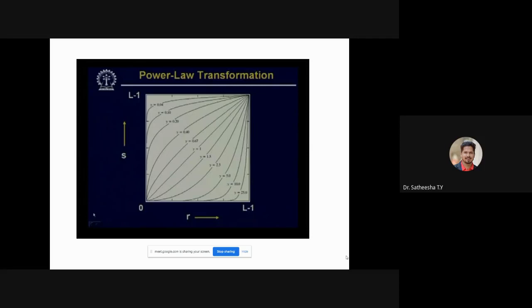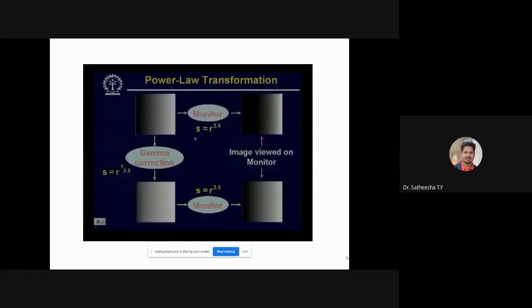The function between the original image intensity and the processed image intensity is given by s = T(r) = c r to the power of gamma.